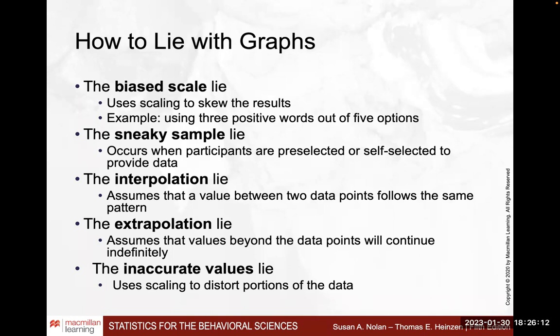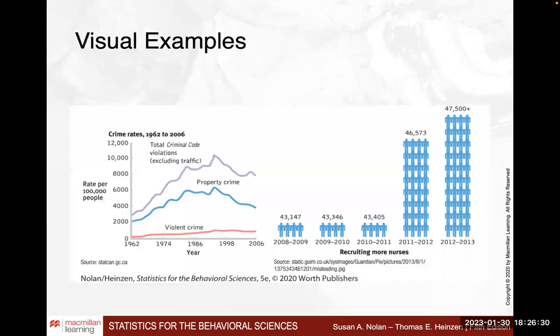The interpolation and extrapolation, so okay, let's take the last one first. The inaccurate values lie. This is where we're back to the scaling. So you mean to imply a different meaning than what the data actually shows. Interpolation and extrapolation, that's where I want to go on the next slide, because it's easier to show on an actual time series. So you see here the crime rate